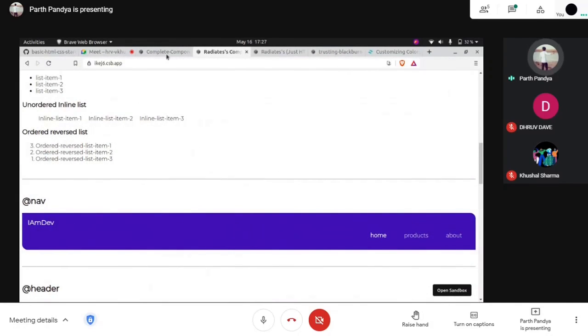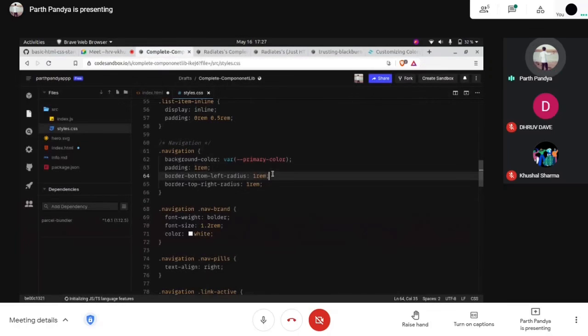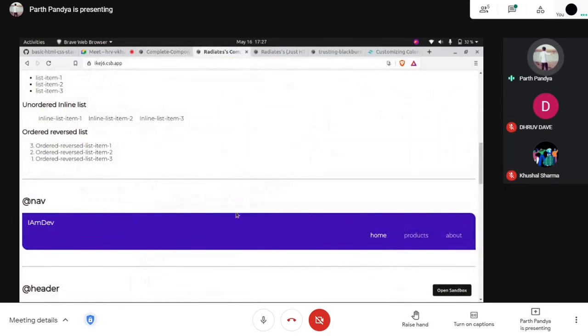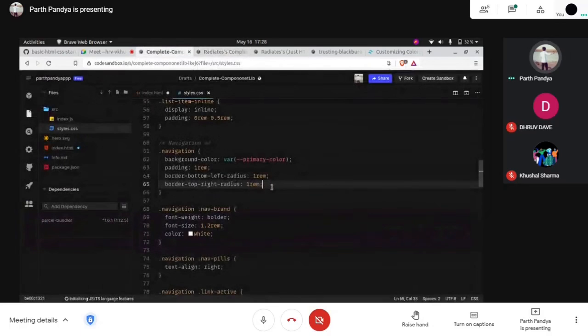Similarly border top right radius. Here you can see the sharp edge corners. Here we are not styling anything. We are styling the opposite corners of this border, the top right and bottom left corners, right? 1 rem each.